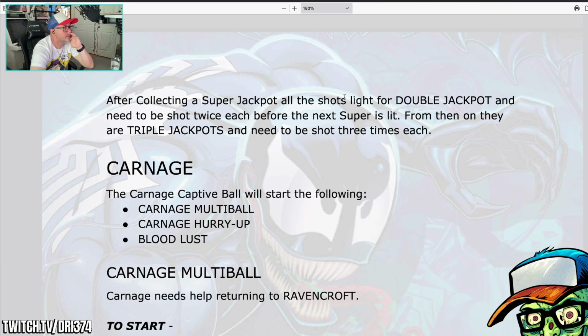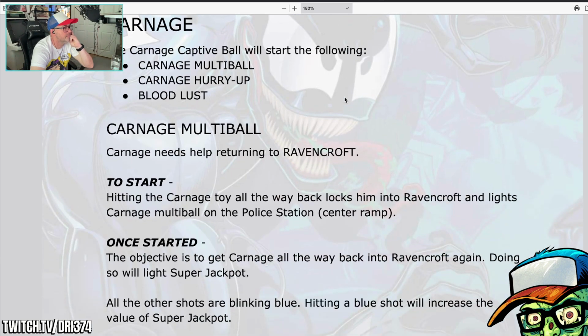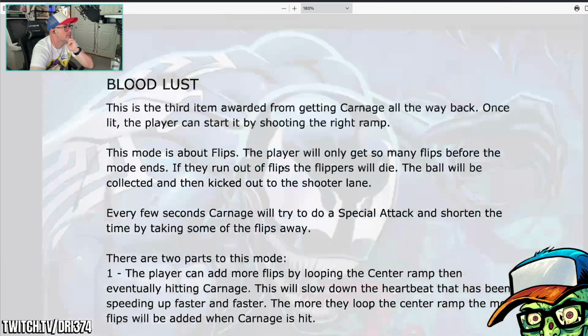Carnage, Captive Ball, start the following. Carnage multi-ball, Carnage hurry up, Bloodlust. Yeah, so Bloodlust is the third item awarded from getting Carnage all the way back. Once lit, the player can start it by shooting the right ramp. This mode is about flips. Oh, numbered flips mode. Also, it's a timed, unlimited